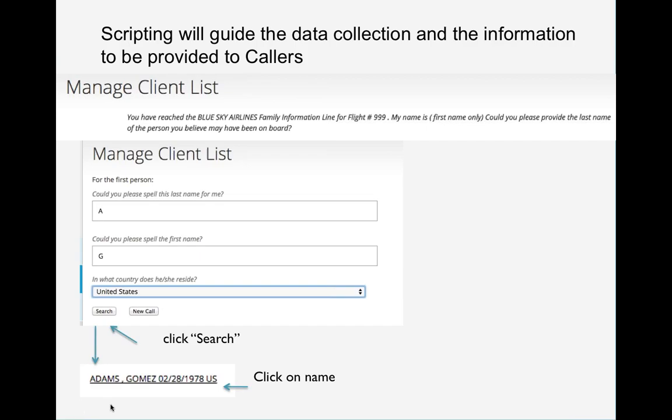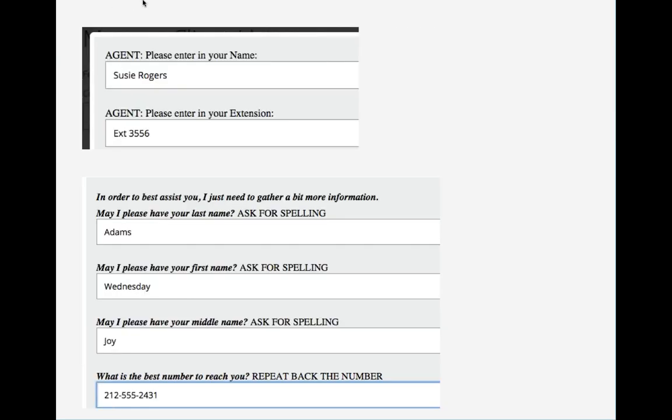So you click on the name, and then from there, you're basically asking questions. Now, before you get into the bolded italic verbiage, you're asked to enter your name and your extension number. And then you devote your attention to the caller. You're asking for their last name, their first name. Don't be afraid to ask for spelling.